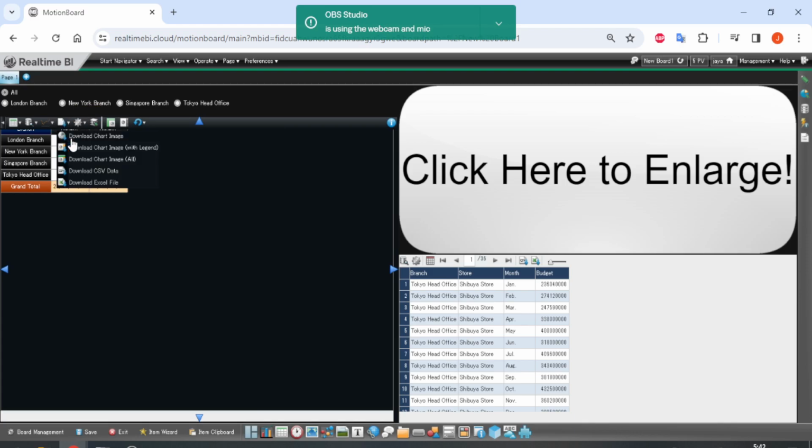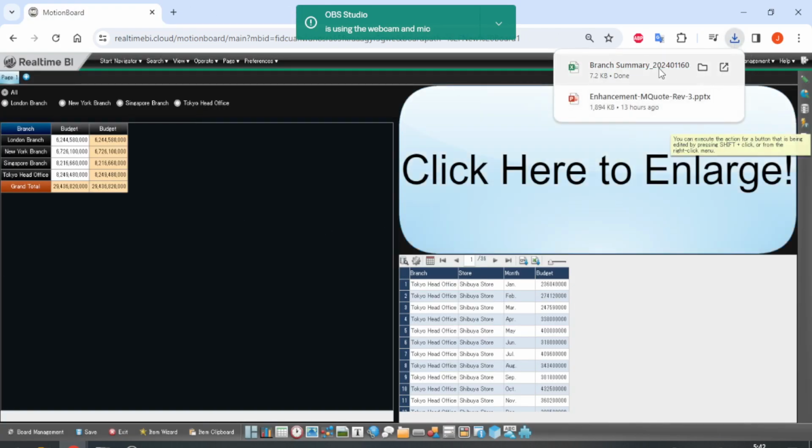this is probably one of the most used features. You just download an Excel or CSV file. Now if you download this, of course it will download the data. The name format is going to be